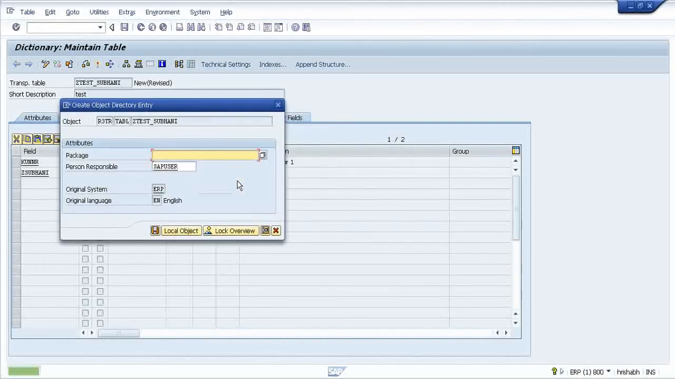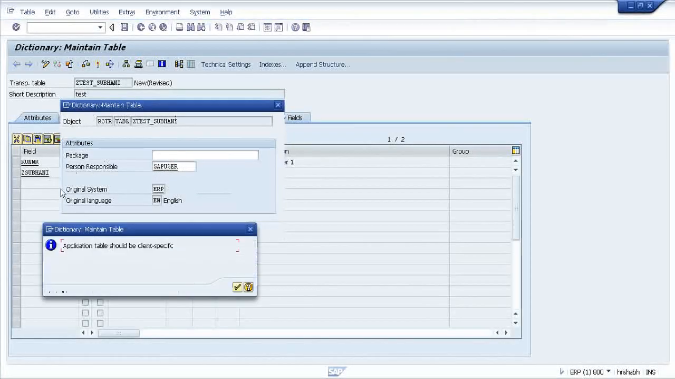Save before exiting, yes. This thing, I'll come to you later. Just follow the screens, what I'm doing. So right now I'm creating a